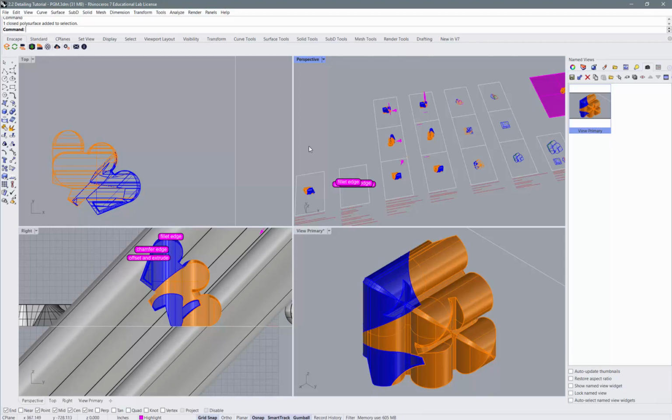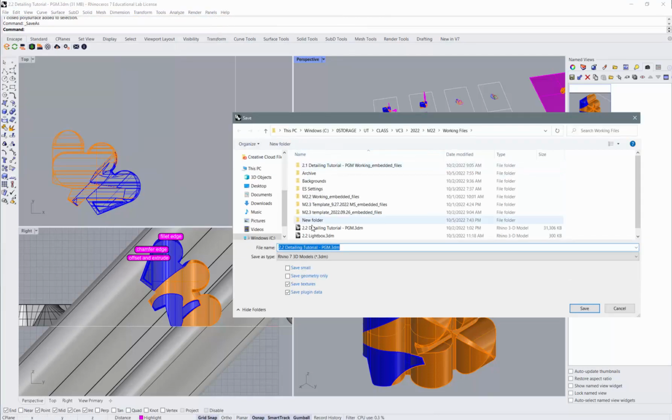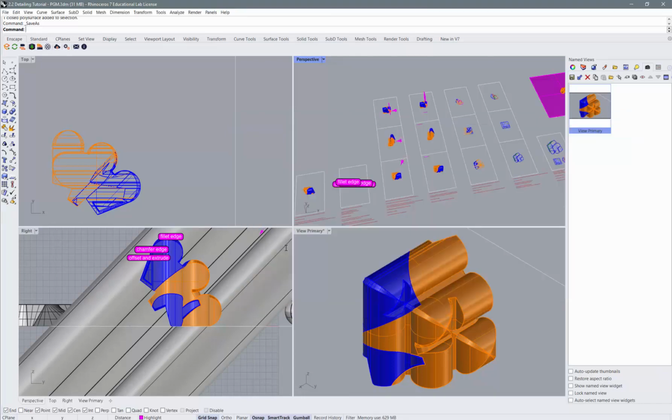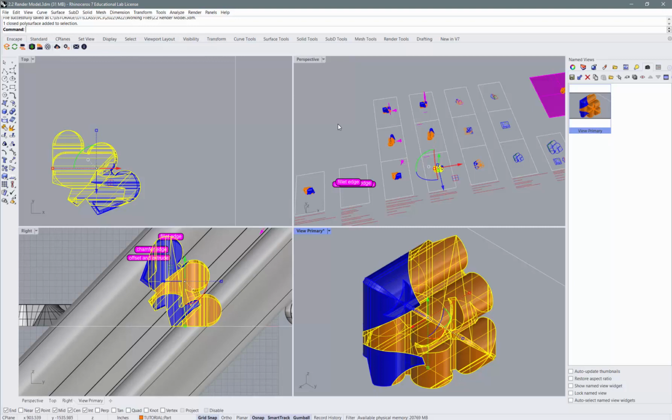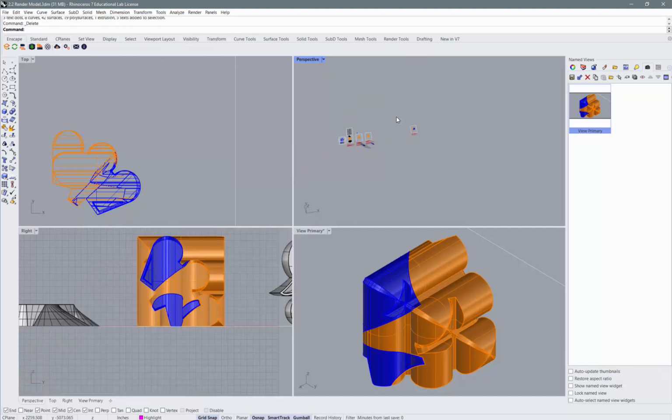And then what I'm going to do is a file save as, and save this guy as render model, 2.2 render model. Okay. And then I'm just going to go in and get rid of everything but this model, because that's really all we need. So I'm just going to delete this stuff, delete this stuff, delete all this stuff, and delete